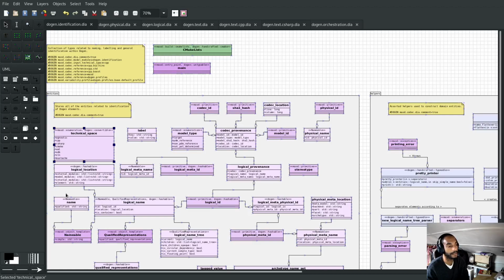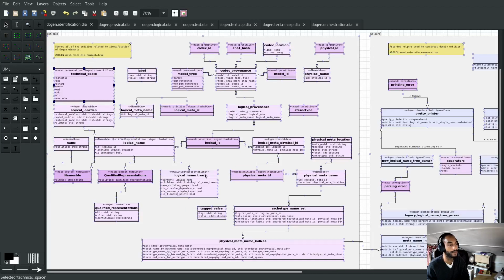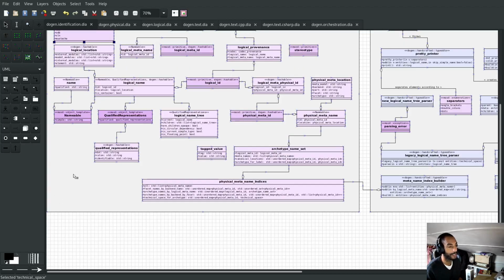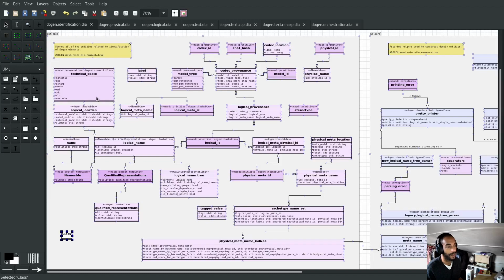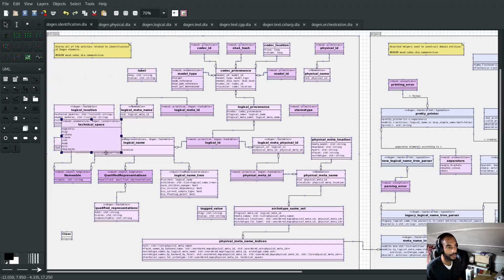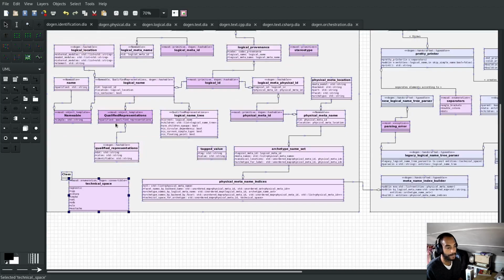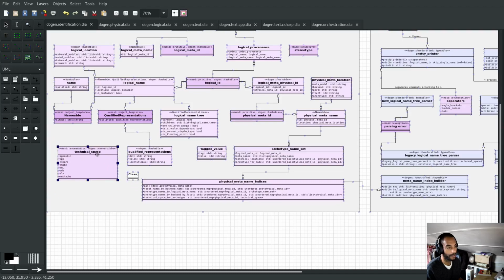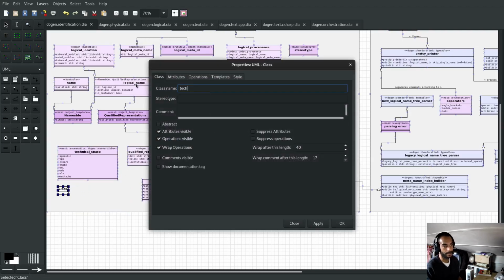I think if we create a technical space version, clearly this is still a hack, of course, but it's just less of a hack than it would be if we just literally put C++. It's just so we don't get confused. So what we're going to do is see if we've got enough space somewhere around here. Perhaps if I move this guy here. So if we create something like technical space version,